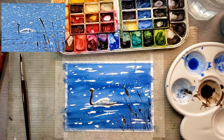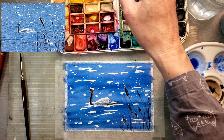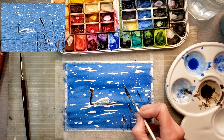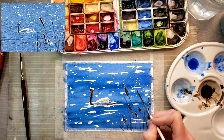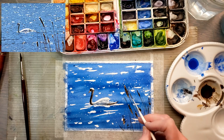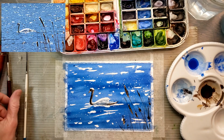Okay. Now using that little brush again, I just want a little bit of a lighter color. Come in and hit some spots around the cattails so that their highlights aren't quite bright white. Okay, next